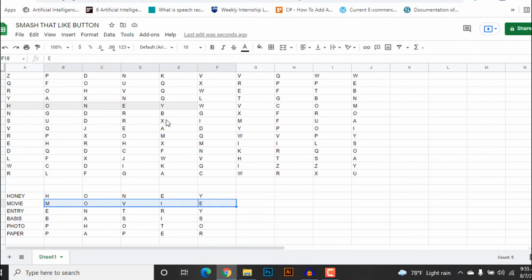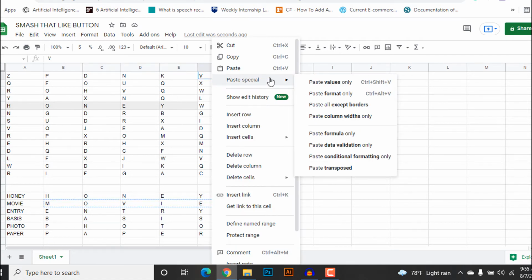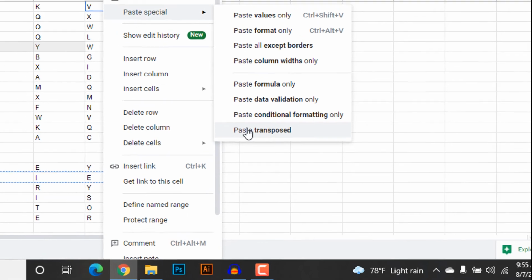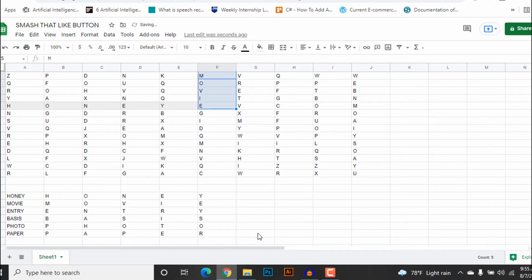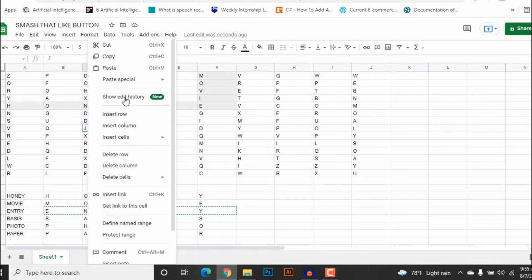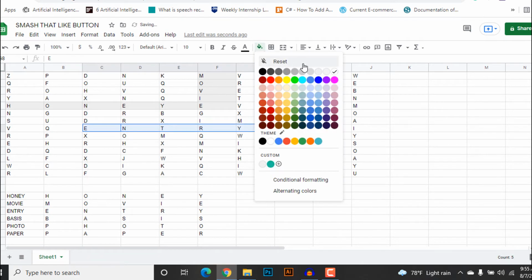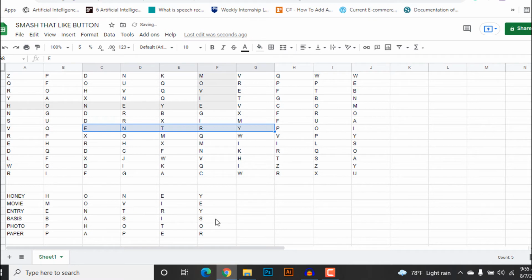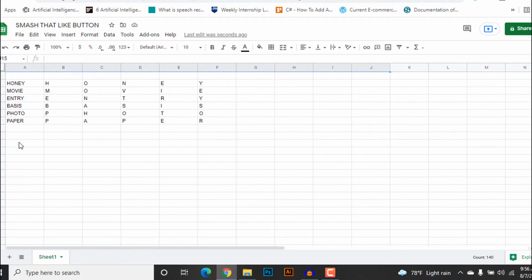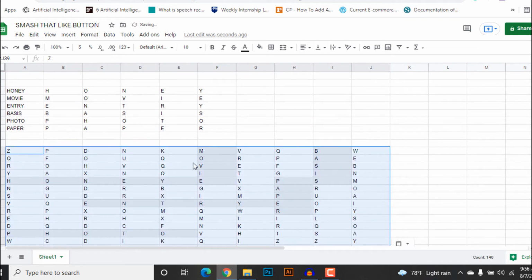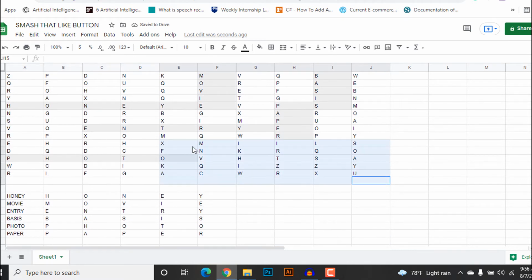So let's copy it here, and we can also do paste transposed to make it vertical. So now let's copy this again and let's add some color. So now what you are going to do is copy it, all of it, by pressing Ctrl C and come down and paste it. So after that, simply